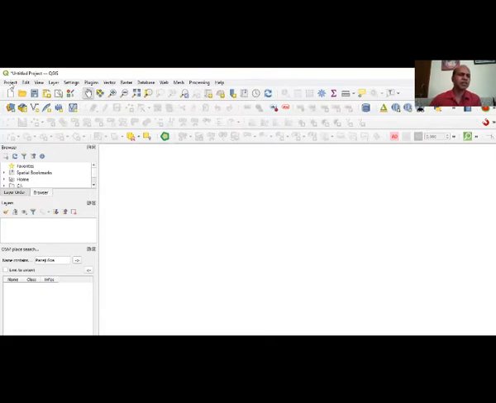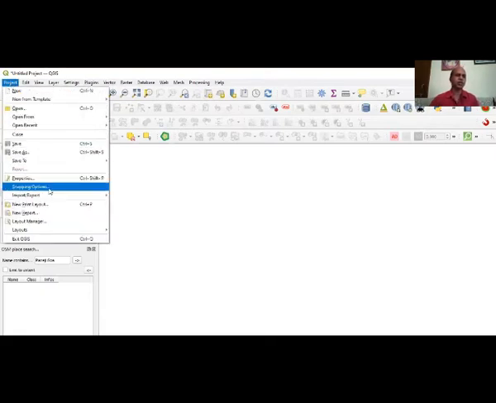Now the next one after properties is snapping options. This snapping option, which will be spoken about by some other people, comes only when you are going to go for digitizing. Digitizing is one of the important parts of preparing your vector map. So when you are digitizing, this snapping option will help you save a lot of your time as well as unnecessary strain.